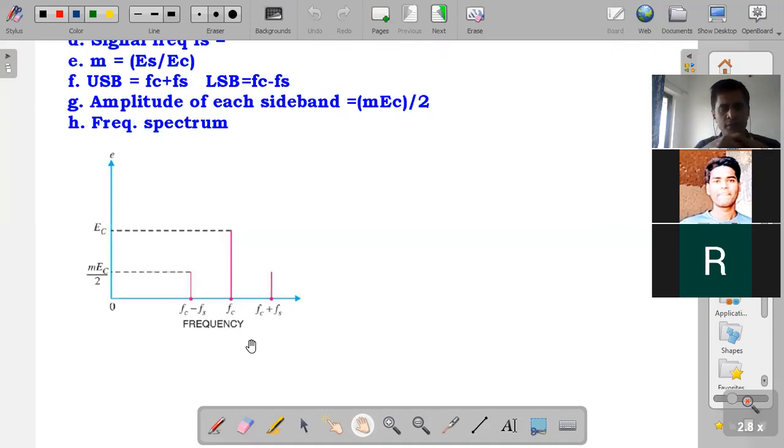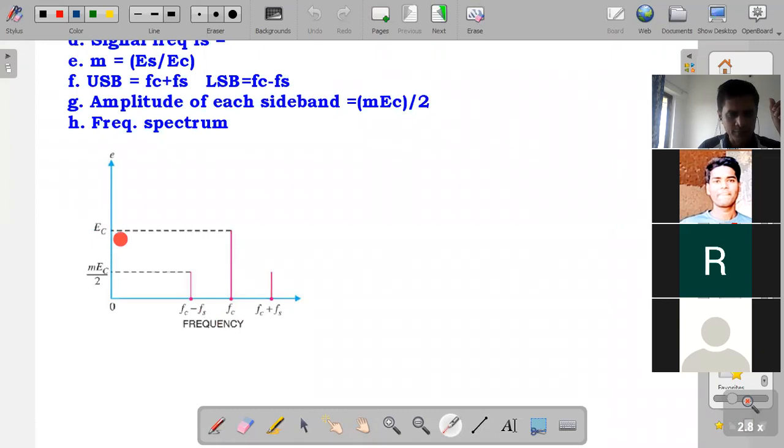Hello student, see your y-axis. Y-axis indicates the amplitude of frequency. What is the amplitude of carrier frequency? See, I will use laser pointer. See, this is your carrier frequency, and amplitude of carrier frequency is, yes, what is this? Ec, capital Ec. Understood? This is your upper sideband frequency, and amplitude of upper sideband frequency is denoted